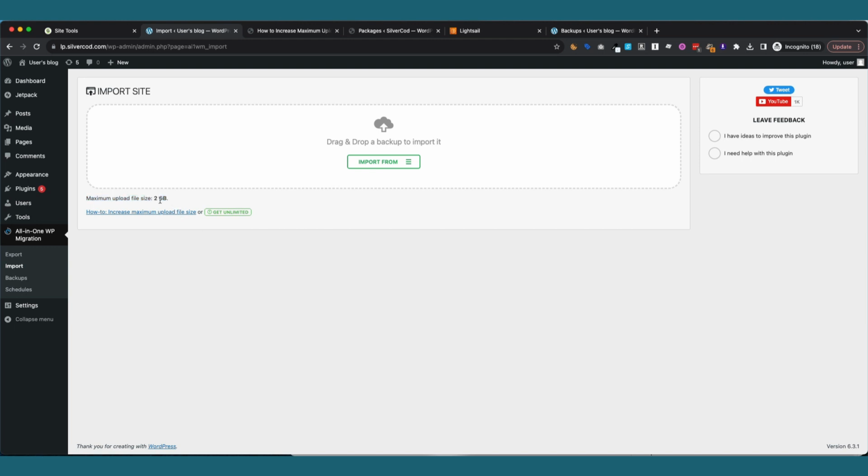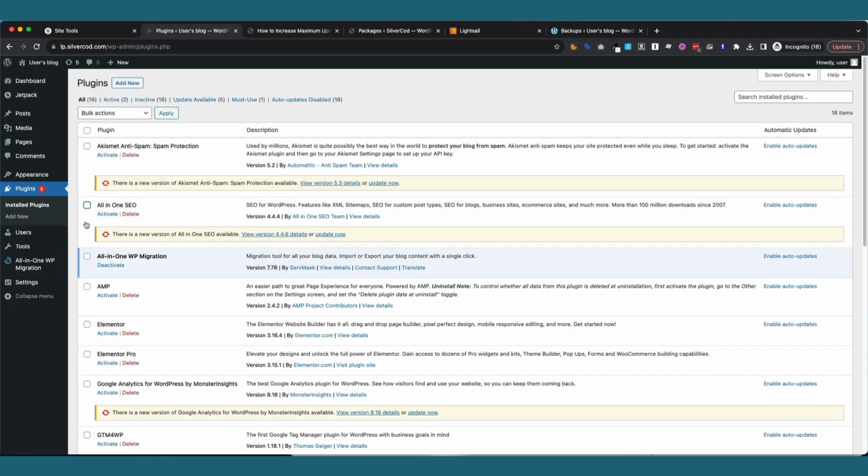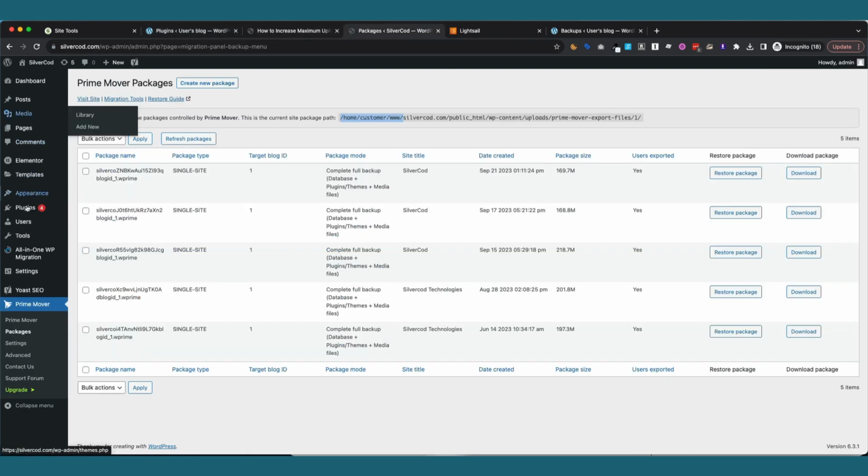So that's one red flag, and I would think a backup solution should be able to, if you're saying, hey, I'm going to restore it and I'm going to wipe everything out, why would the change be here? Let's look at installed plugins. Wow, look at it. Now I have 18 plugins here, right? And in this page,